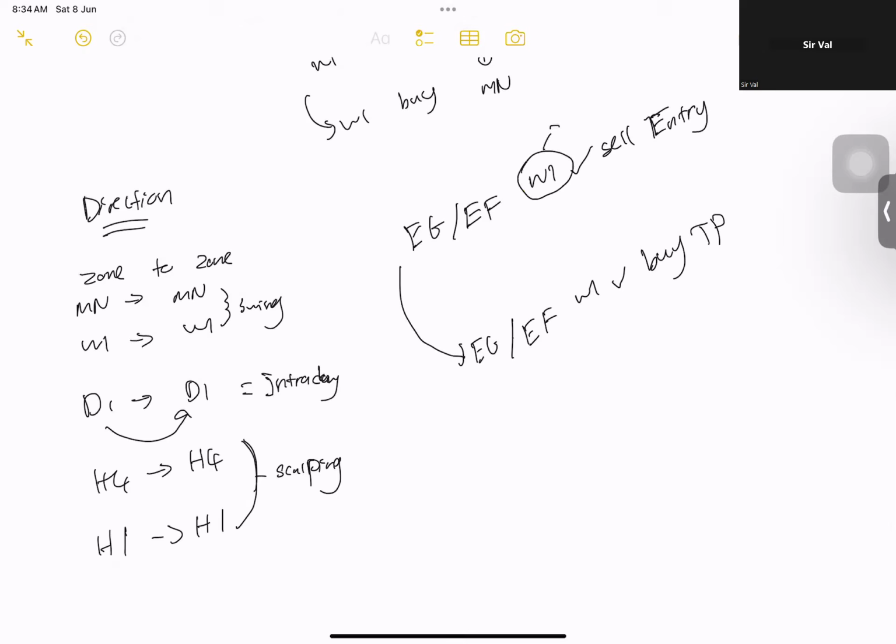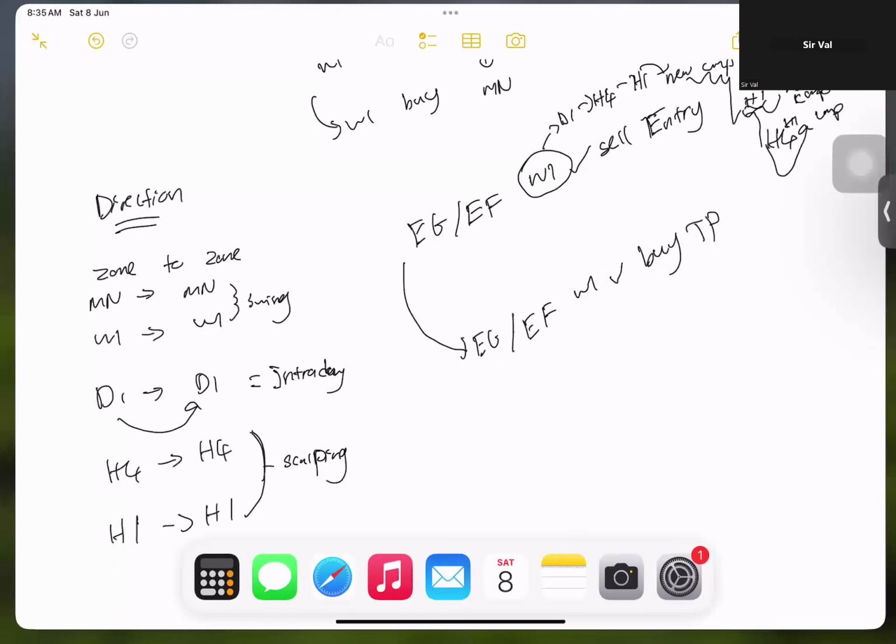Weekly needs to be made precise down to daily, H4, H1. Then you need to wait for a new CMP. If price keeps running, then it creates an H1 again. If after price pulls back into the new H1 you need a new CMP. If price runs, then it creates an H4. After price pulls back, you need to be precise to the H1. You need the H1, the last zone, then CMP. Always repeat these things.